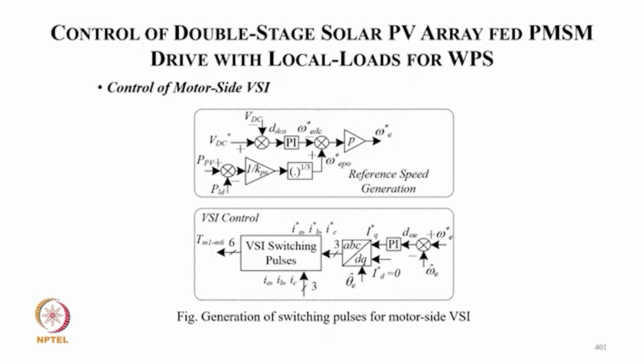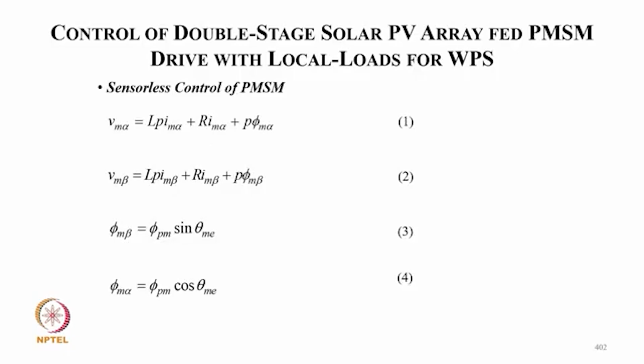The DC link voltage control, of course, we subtract from the power and we get the reference speed, and then from this reference speed and feedback speed we get the error, from which we get IQ, and ID we keep 0 for PMSM in lower speed. We have position, we get the 3-phase reference current, and we have the sensed current, and give the switching signal for the VSI. So coming to sensorless control, V M alpha equals L P I M alpha plus R I M alpha, and P psi M,